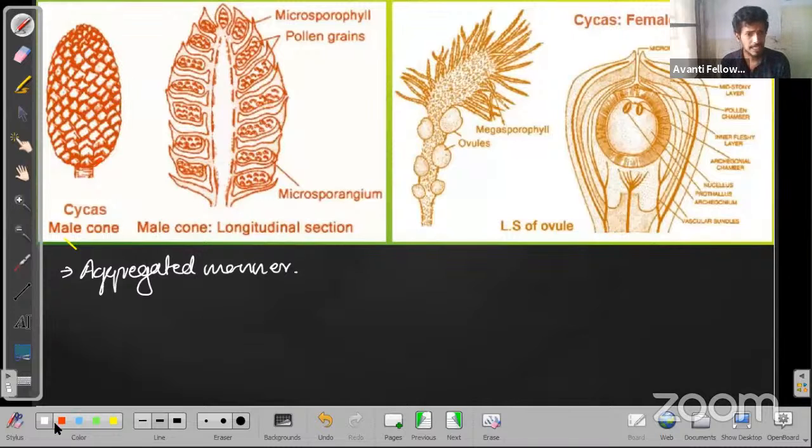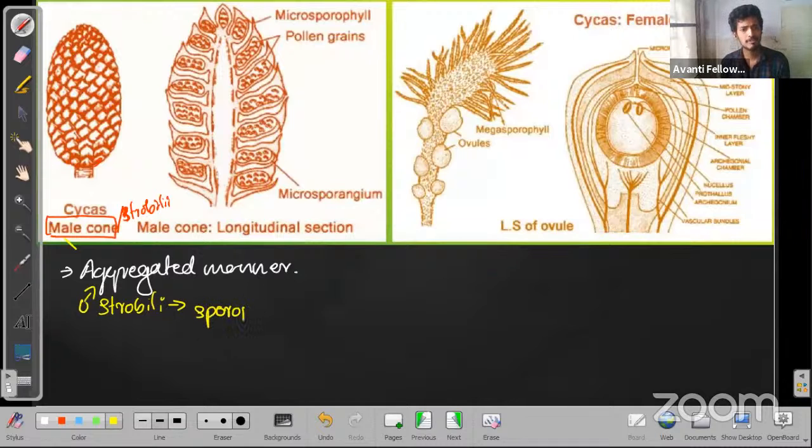Okay, this complete structure, I can call it a male cone, or I can also use the term strobili, if you remember, right? Strobili, we used the term in the last class only, right? So can you guys tell me what this strobili contains? If you think about the pteridophytes, or what I explained in the last class, this particular strobili, if I take a male strobili or female strobili, and here I'm taking male strobili, it contains the